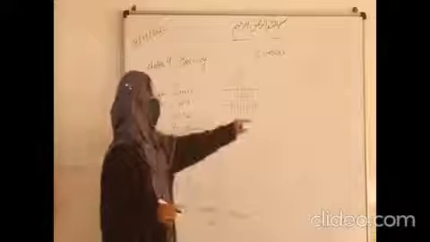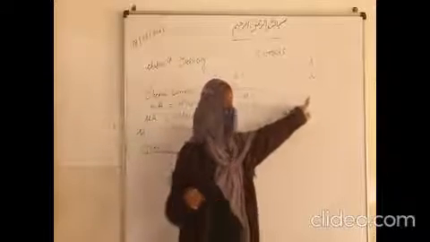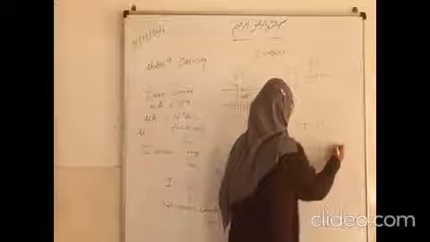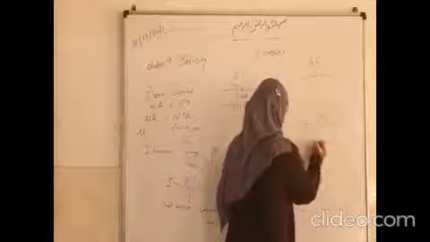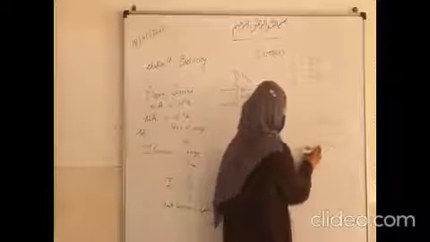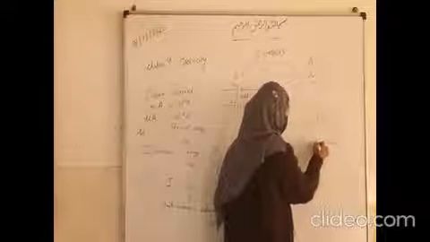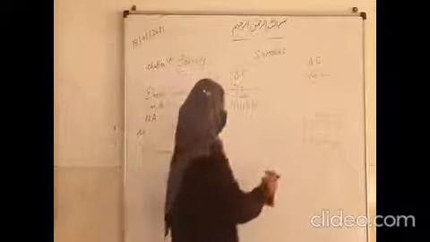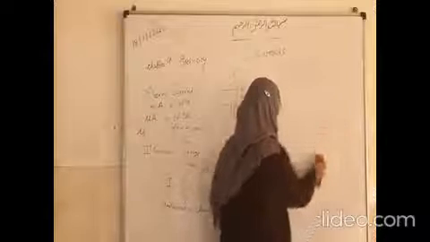So this is the symbol of AC. Whenever you see a circuit like this, you will say in this circuit AC current flows. Okay, and in place of this, if it is like this, you will say DC current flows. So you can easily recognize by looking at the symbol of AC and DC.